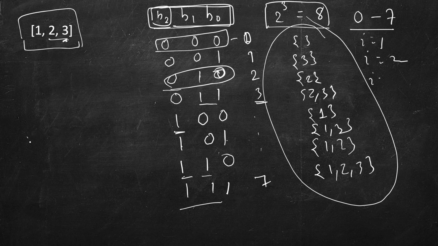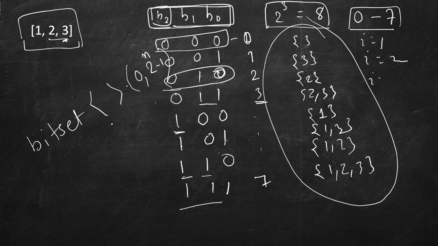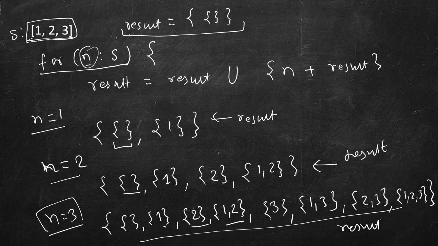So try solving it in C++. At least I know you can use bitset, and you pass this number from 0 to 2 raised to the power n minus 1, and convert it to a string, and then check which characters are 1, then pick those indices from this. So let me solve the recursive and iterative solution, method 1 and 2, in C++, and later we will just continue with the iterative solution in Java and Python.